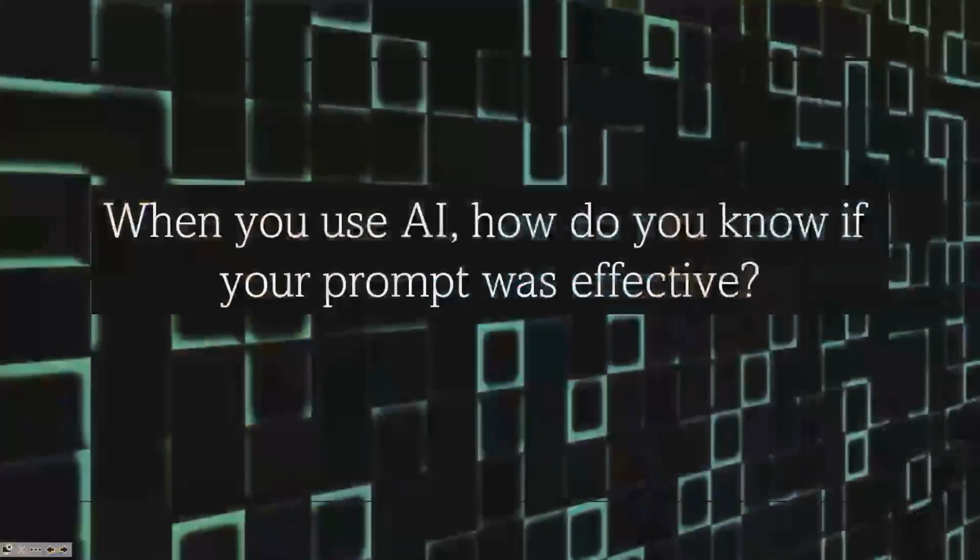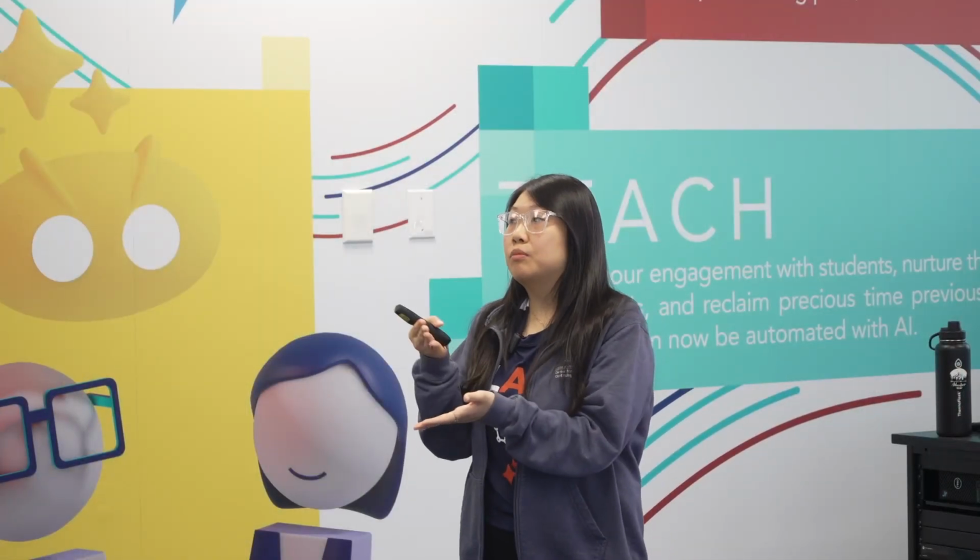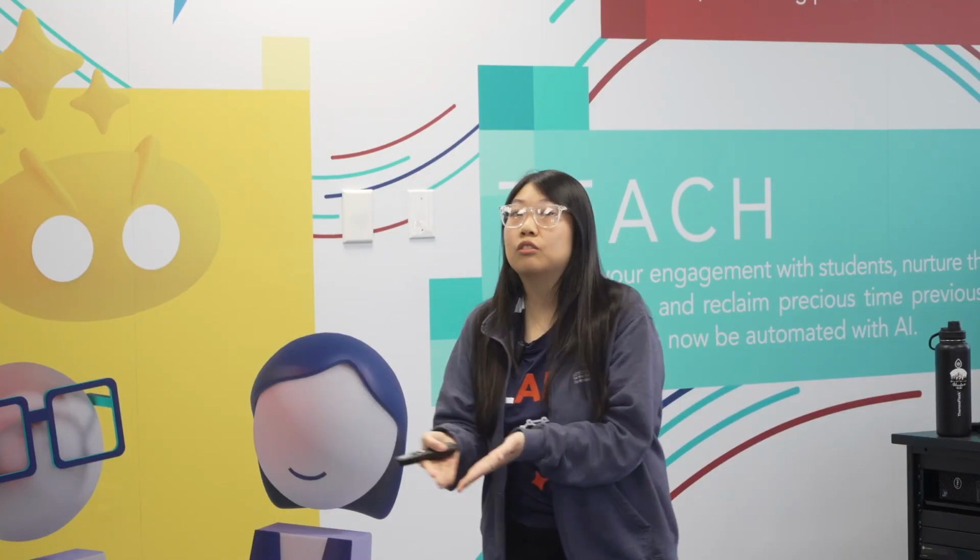And our big question, to loop back around: when you use AI, how do you know if your prompt was effective? So let's stop and think about, how do you know if it was effective? What did we learn today? Or maybe what is one takeaway that you had no idea could improve your prompting? So Tanya basically said that to know if your prompt was effective is, are you limiting the amount of times that AI is asking you questions? Are you getting the answer that you're seeking? So that is how you know the prompt was effective.